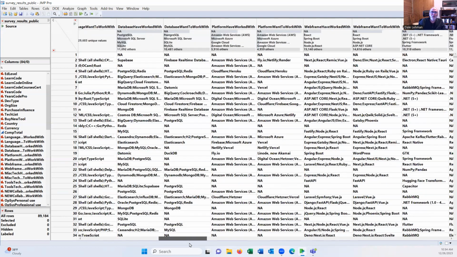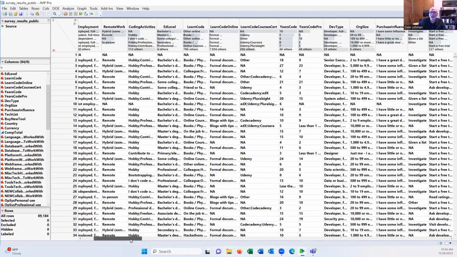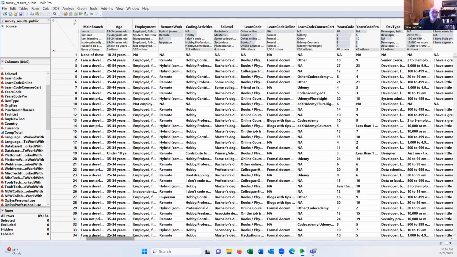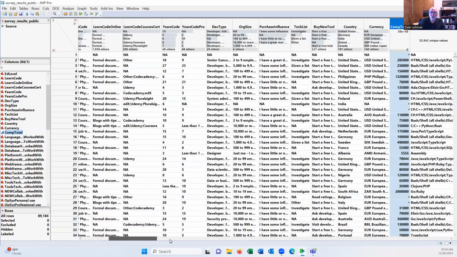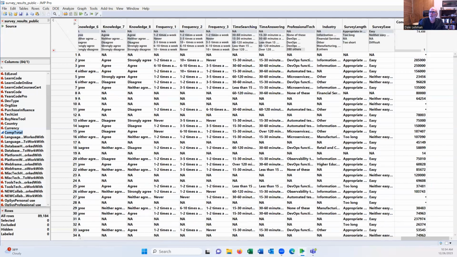And the few that I want to focus on are ones that we would probably want to investigate as whether or not they're related to the salary. So we have a field here called compensation total. And the compensation is linked to this currency column. What is the currency that they're most commonly paid in? So there's got to be currency conversions, which fortunately they've attempted to do here. And the very last column is converted compensation,